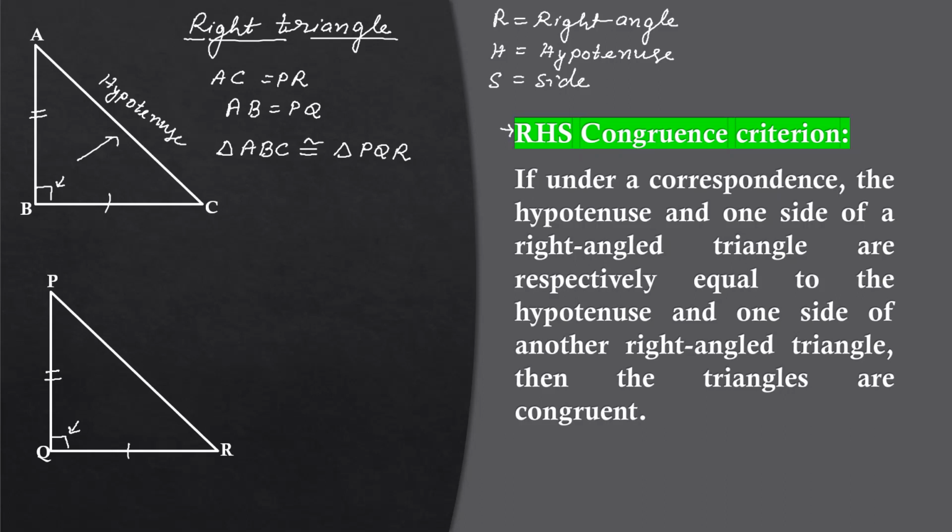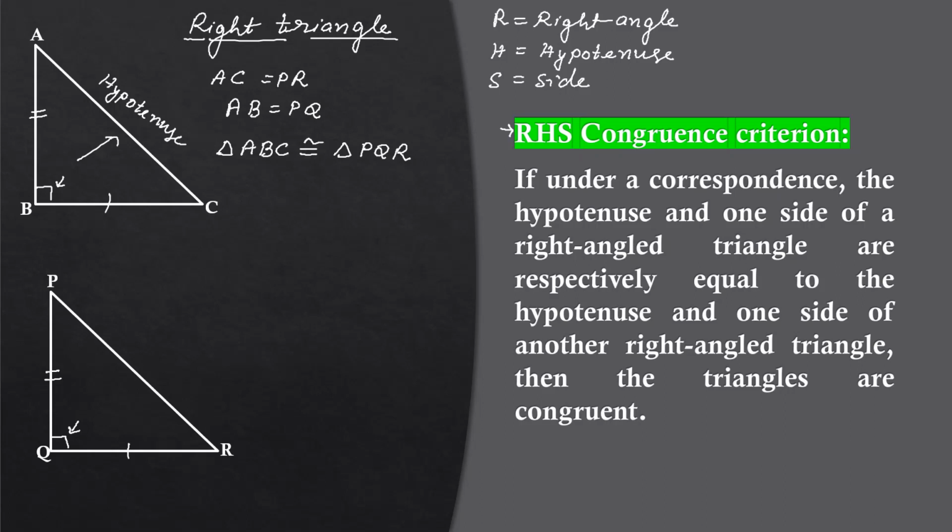There might be a possibility that you have a pair of right angle triangles and they can be proven congruent by using SAS or SSS or ASA congruence criteria instead of RHS. So we look for RHS for a pair of right angle triangles. If not found, we can go for the other congruence criteria also. Now, once we are done with these congruence criteria, we will see the applications of these congruence criteria.